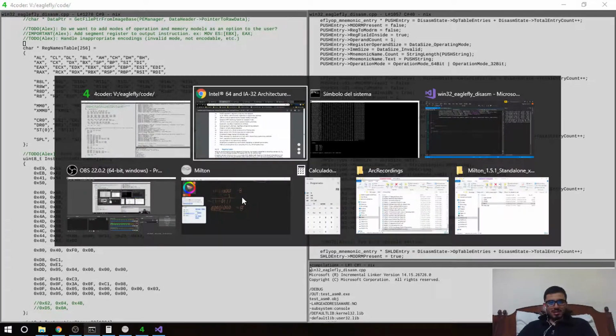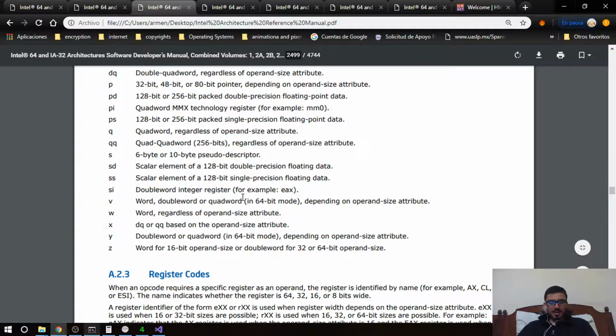Now it says that it's forced to 64-bit mode. So that means that it's sign extended, so it has to be sign extended to that quantity, but the value can be a word or